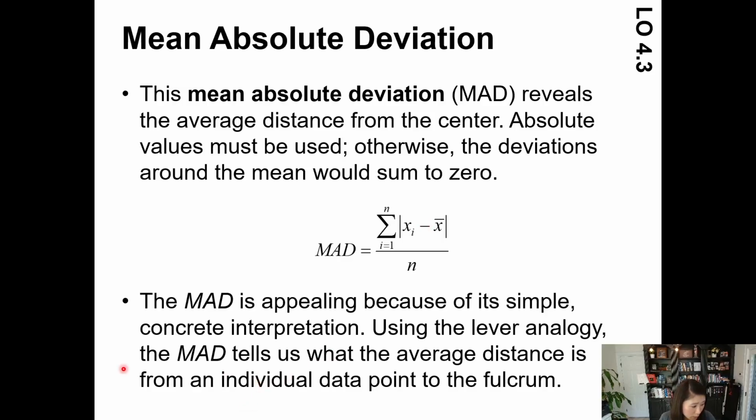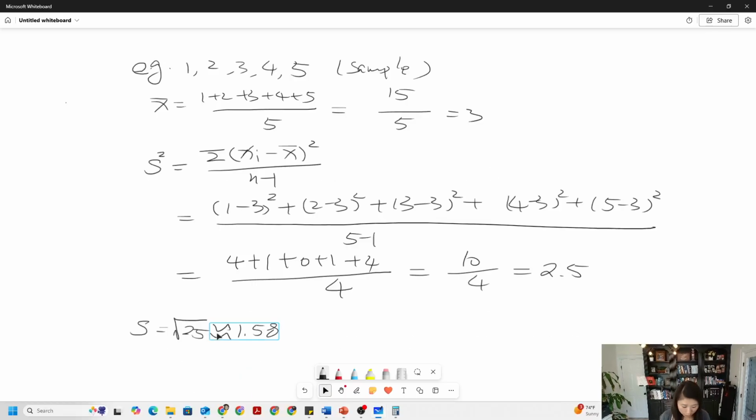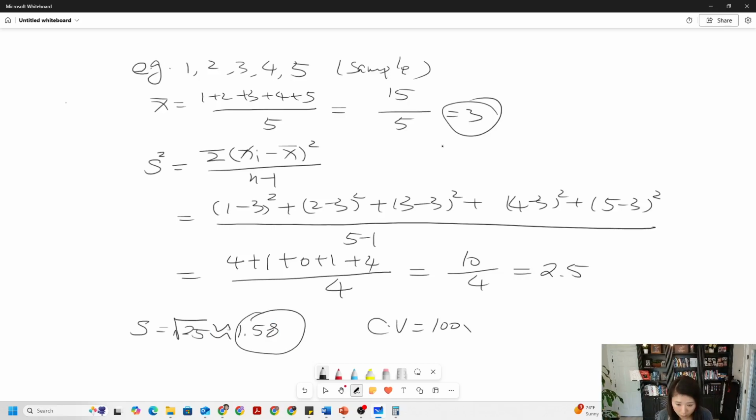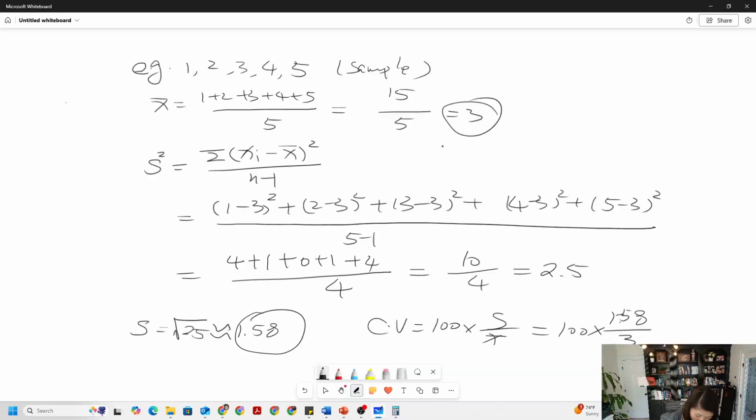Okay, let's look at the example together, see how we calculate. We use the same example here, right? We already calculated the mean, right? So the mean is here, and then the standard deviation is here. So therefore, the CV is equal to 100 times S divided by S bar. So it will be 100 times 1.58 divided by 3, times 100 equal to